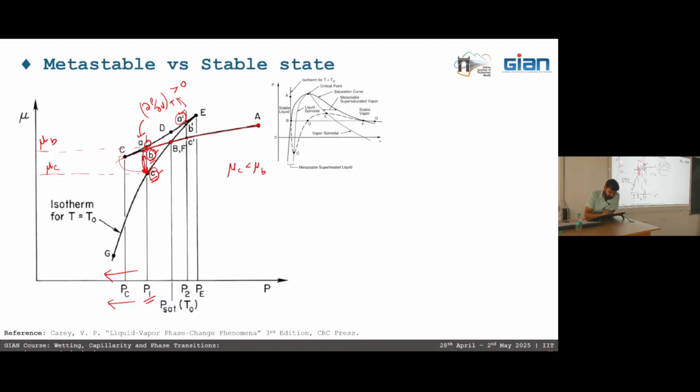But here again the competition is between point B dash and point C dash. So let us suppose that we have some steam which is at point B dash. Now point B dash here is at a higher chemical potential than point C dash, and it is ideal that the chemical potential reduces. But still this transition will not occur unless we exceed pressure PE, because after this we don't have any metastable state. Only at that state is the transition possible.